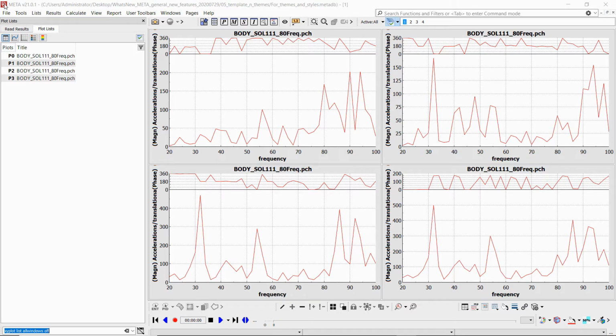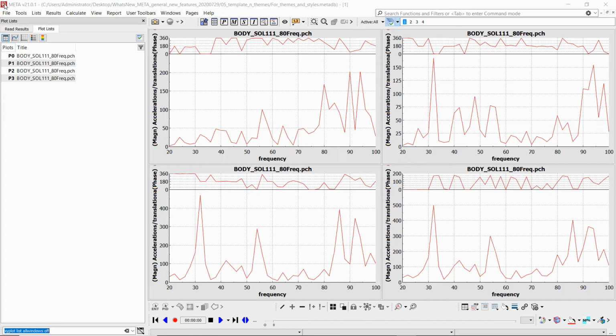Now let's have a look at how we can save these plot styles and themes and reapply them. To begin with, we need to clarify the difference between themes and window or plot styles. Themes merely affect the appearance of a plot. Hence, font styles and colors as well as grid line styles are saved when we are storing a theme and reapplying it. For the actual settings of plots and windows, such as axis types and names, ranges, plot types and titles, we can use the window or plot styles.